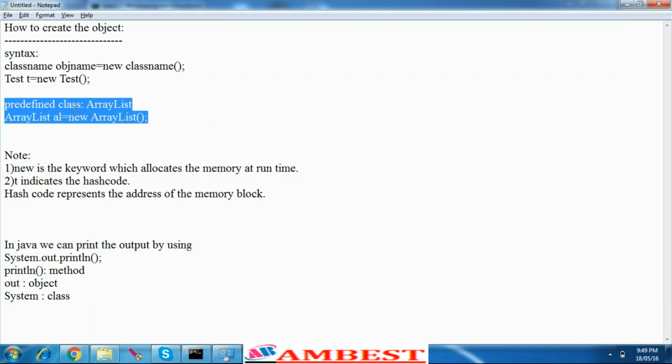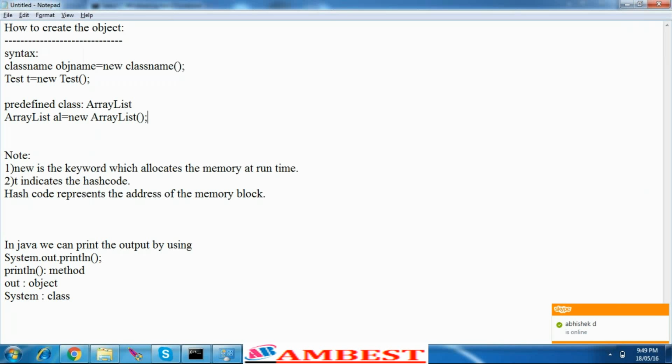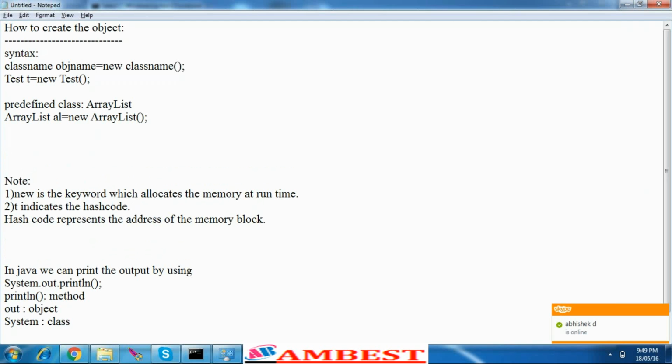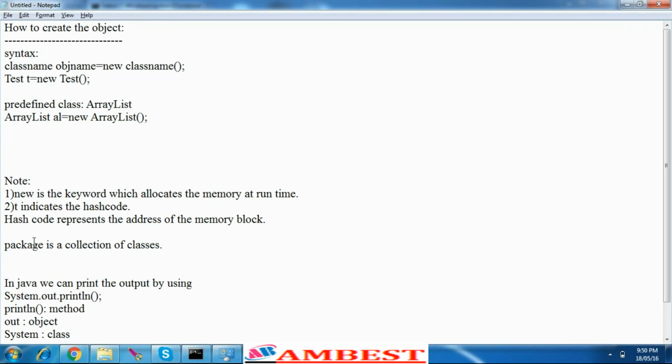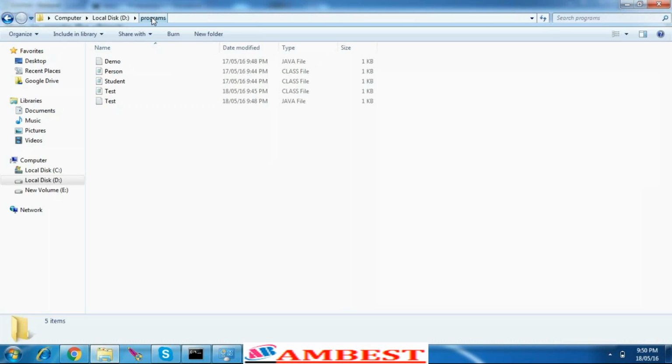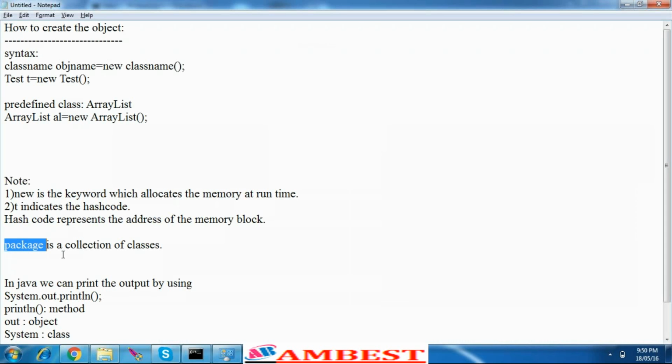this ArrayList is a predefined class, and in Java you have a lot of predefined classes. So how to tell the compiler that I am using a predefined class? For that, you have to import a package. Means all the classes, a group of related classes are placed in a package. And what is this package? A package is a collection of classes. So it's nothing but a folder. Like suppose consider here programs is a folder, right? So you can say programs is a package where you have person, student and test class. In the same way, for the predefined classes, there will be a package, and that package is nothing but a collection of classes. So for this ArrayList, we have to import a package known as